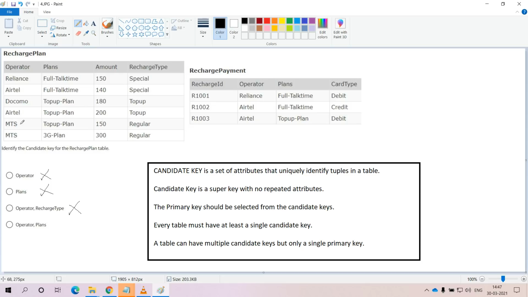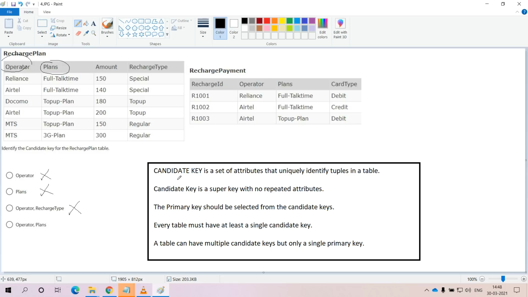For MTS the first plan is top up plan, and for the same MTS operator we get another plan, 3G plan. That means with the help of operator and plans, if we make these two a candidate key, we can uniquely identify the tuple in the given relational table.